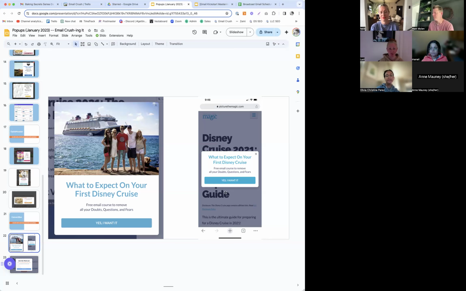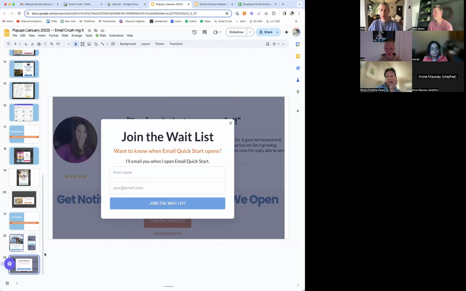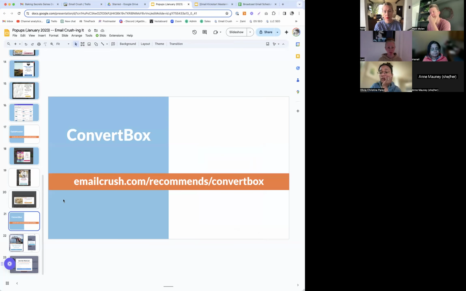So anyway, real simple. You can see what it looks like on mobile. Remember I was talking about how to make a mobile pop-up that is so dang compressed, I guess. Just real basic stuff here, but that's ConvertBox. ConvertBox is a little bit more expensive, a lot more expensive, I think, but it's a one-time licensing, and you're going to be out $500. You can apply it to different sites. If you have multiple sites, you can use it on different sites.